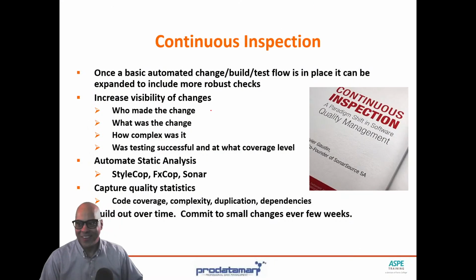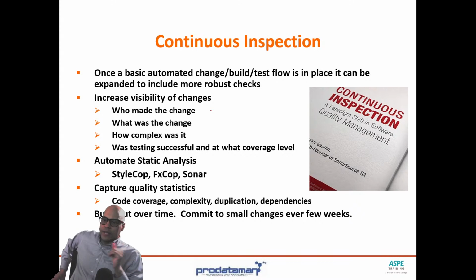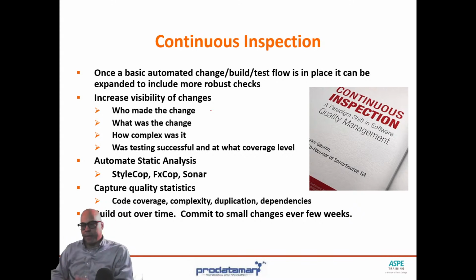We'll come back over here. Now, in addition to the things that we've already automated, so at this point we've automated the build, the unit test run, and the acceptance test run, what we also want to do is automate continuous inspection, right? That's that static analysis, checking our conformance to our naming conventions and our layering structure. As we discussed before, we've got StyleCop, FxCop, Sonar, SonarQube, and a few other tools out there that we can use for this purpose.